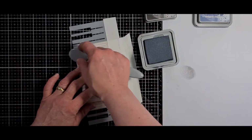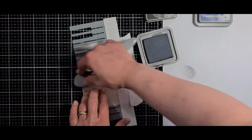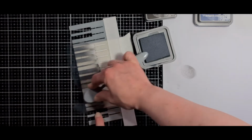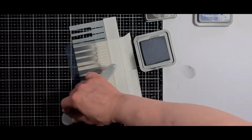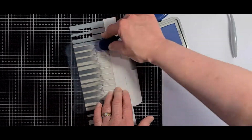And I used 2 different distress oxides for this. Instead of just having all black, I went in with a black and a blue. I first started with the black soot, and then I went in with the chipped sapphire. Now, normally with ink blending, you would go around in a circle so that you don't get any harsh lines or anything. But because of the way this stencil is,